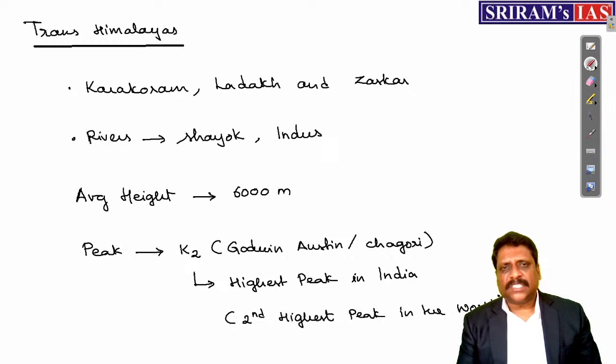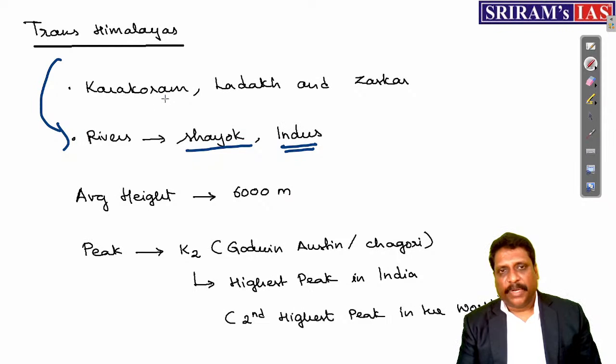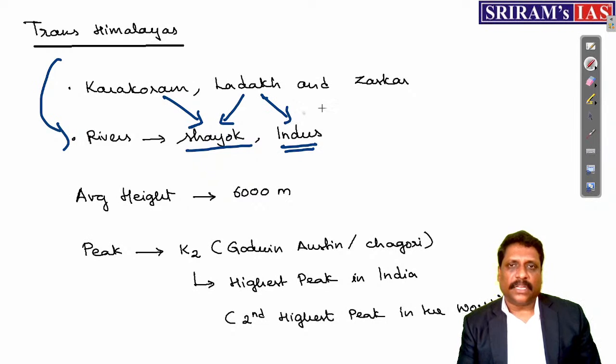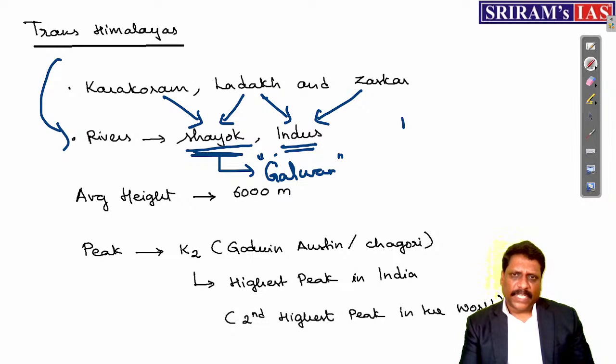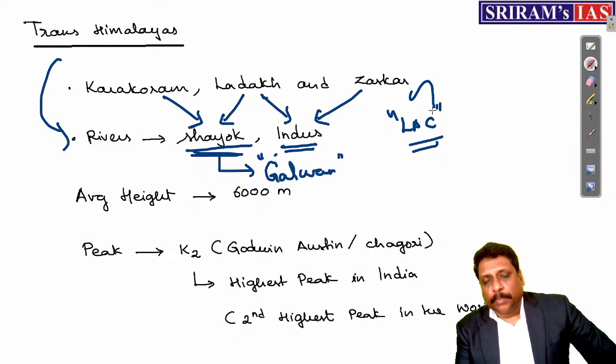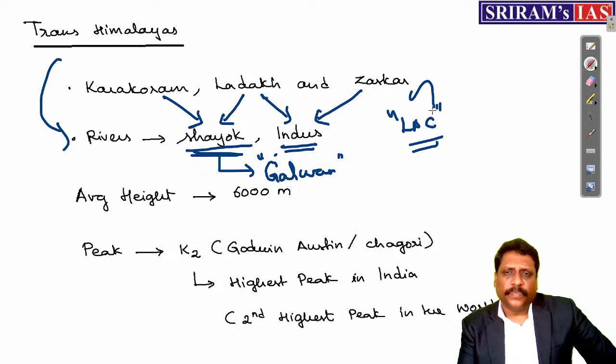Now, some of the very important rivers of this region, my dear friends. You have rivers like Indus itself. Between Karakoram and Ladakh, we have this river Shyok which is flowing. Between Ladakh and Zanskar, we have the Indus itself flowing. Shyok is a right bank tributary of Indus. And let me tell you, my dear friends, when I talk about Shyok, Shyok has one more tributary. This tributary you call Galwan. Okay. See, LAC is a place that you should look for. Sometimes when I talk about the places in news, my dear friends, LAC is very, very important.